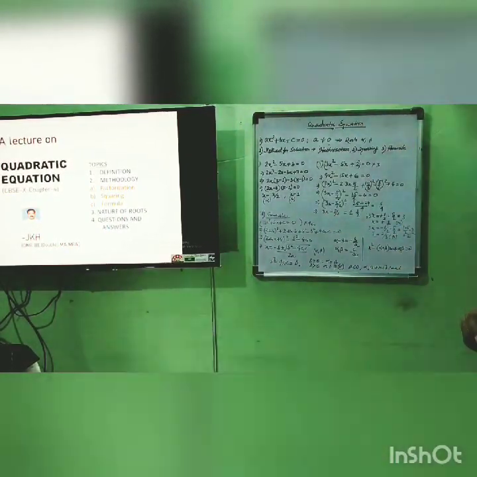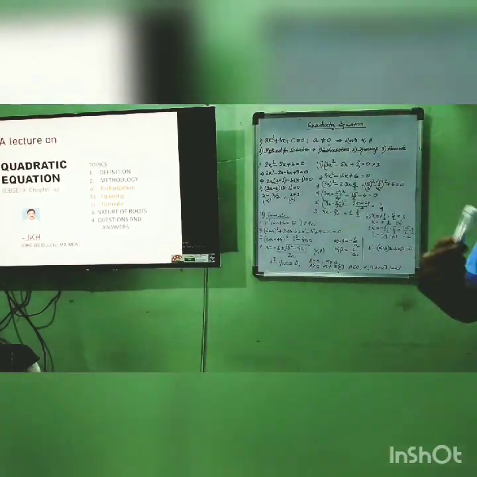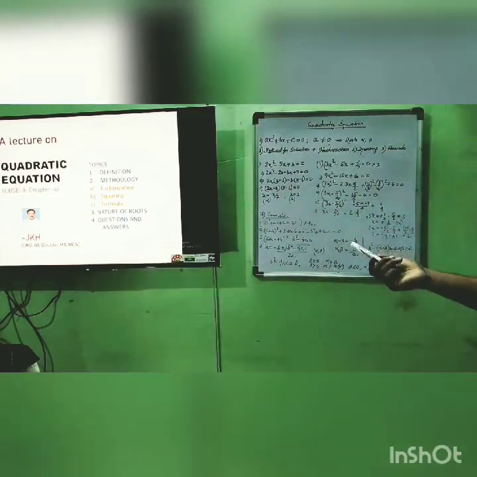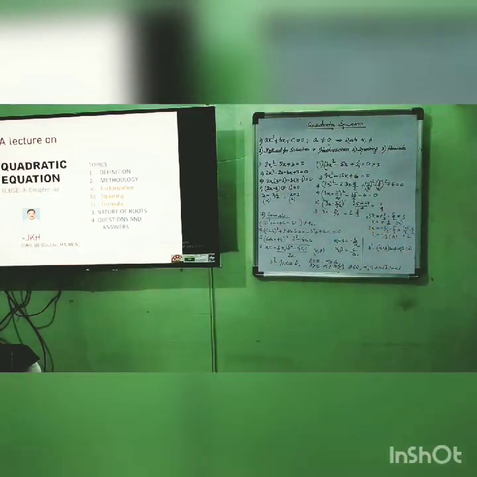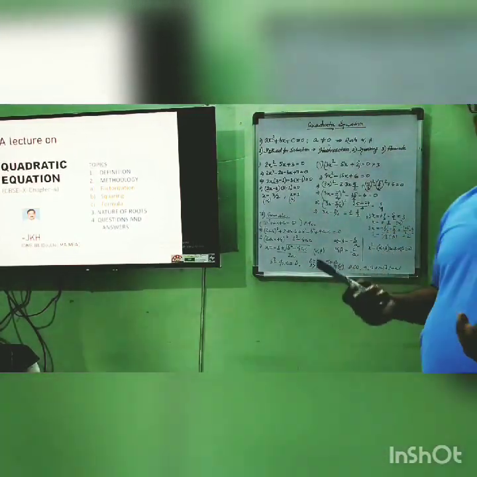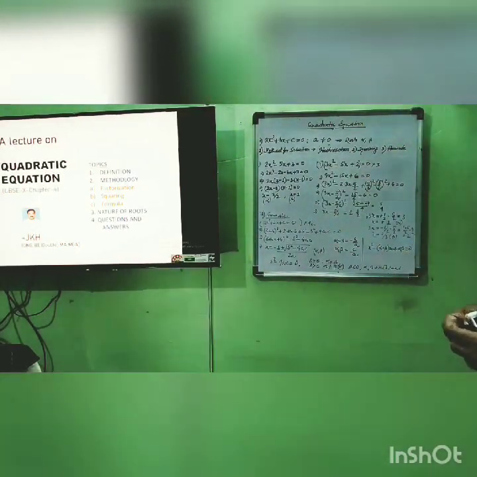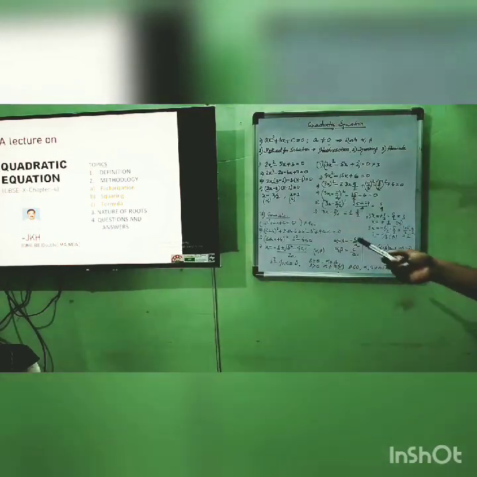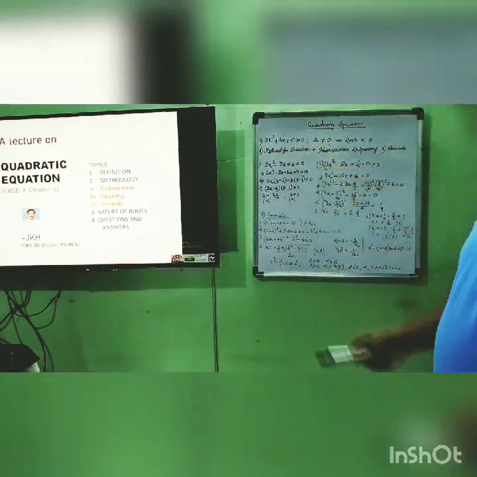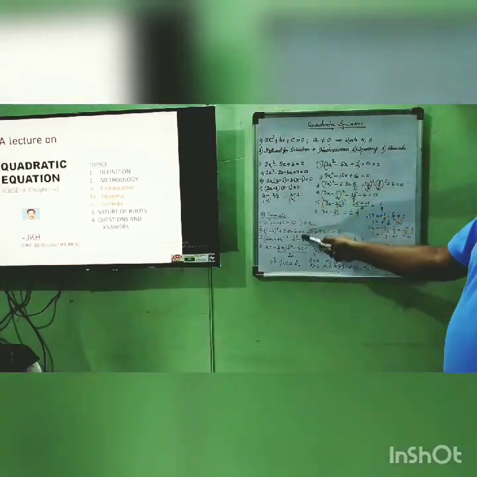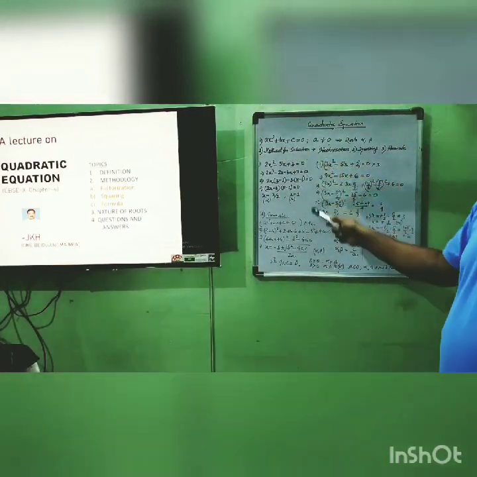Next, third one is formula method. That is the very important method. Sometimes you will not be able to calculate by middle term factors or squaring method. That time you have to come to this formula method. Formula method is actually derived by Sridharacharya's law. It is known as Sridharacharya formula also. So it is very simple. Same equation, ax square plus bx plus c. You have to make it a square like this. To make it a square, you have to multiply both sides by 4.